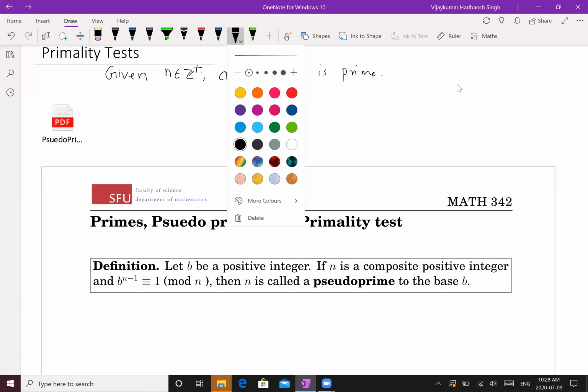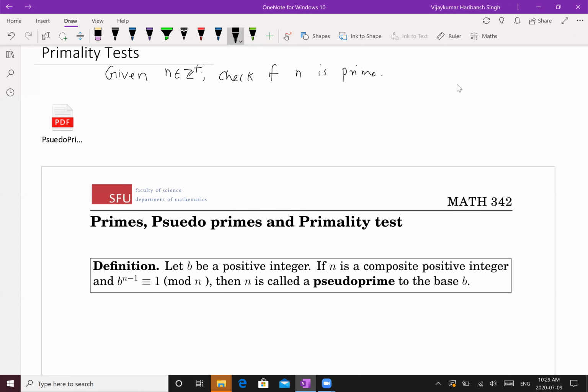So to answer this question, there are various methods to do that. The first method is the trial and error method. Take all integers a, such that